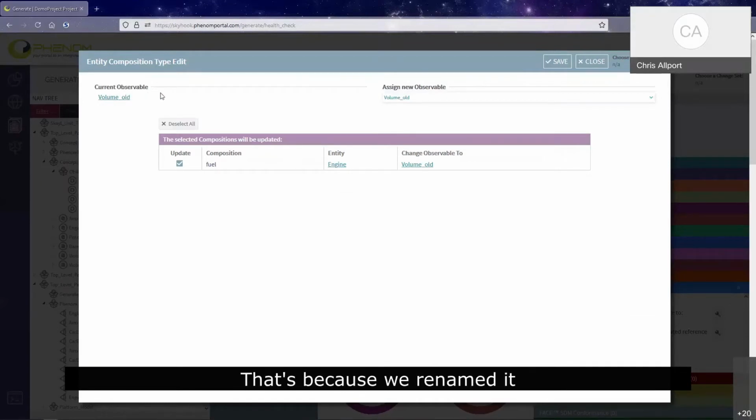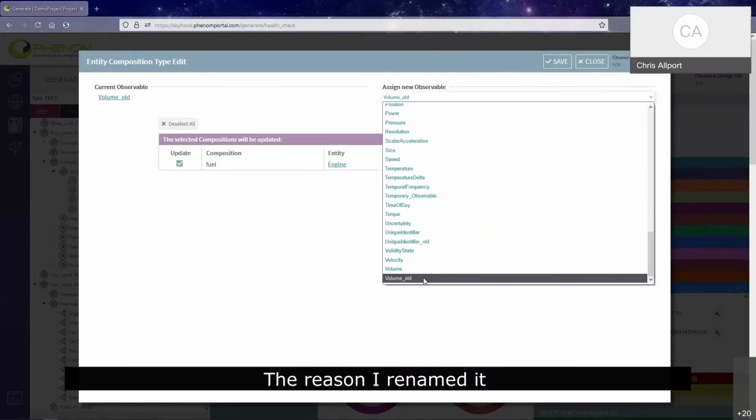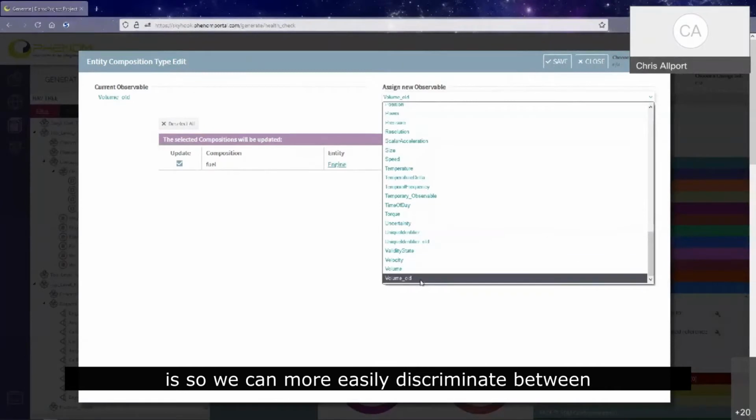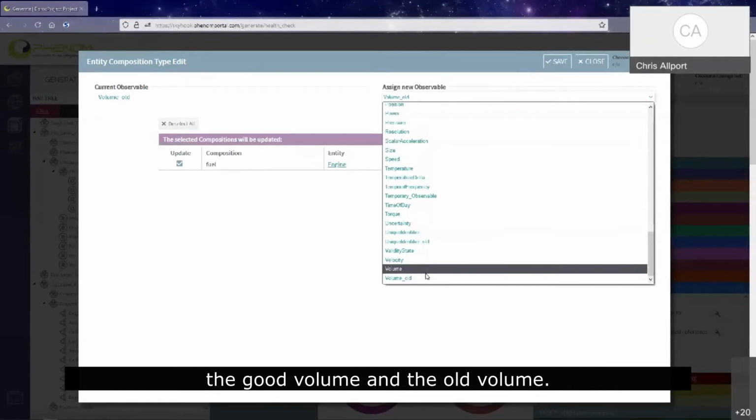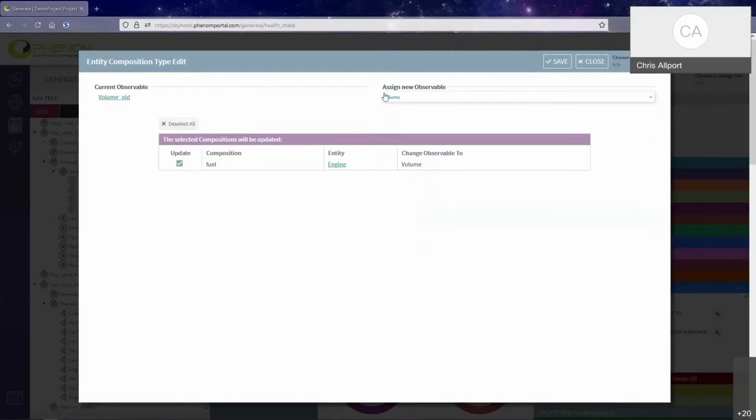That's because we renamed it. And it says assign a new observable. The reason I renamed it is so we can more easily discriminate between the good volume and the old volume. In a very soon release of Phenom, there will be an icon beside the deprecated observables in this list. So I'm going to choose that volume, click save,